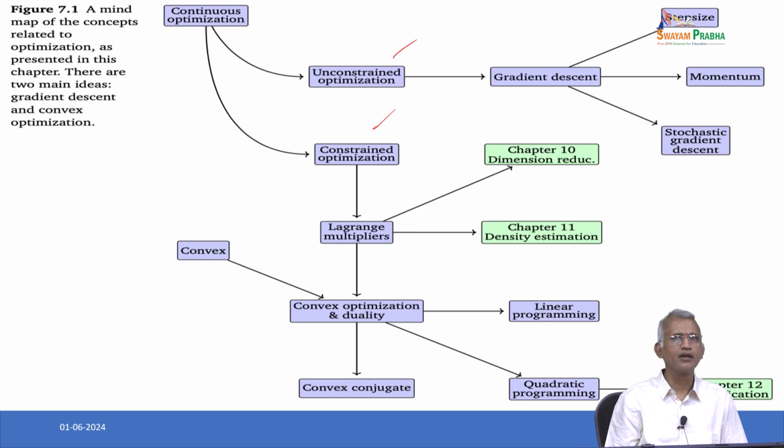Gradient descent goes to the unconstrained, whereas constrained optimization deals with Lagrange's multipliers, and we have to take the Lagrange's multiplier into account and then check whether it is convex optimization and duality is working or not. If it is convex optimization, then you have to check the convex conjugate,